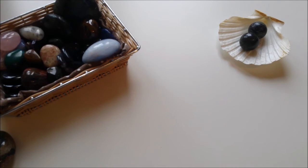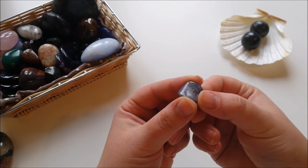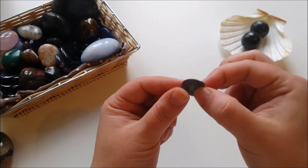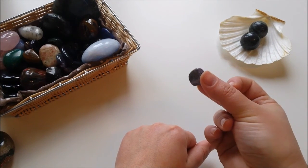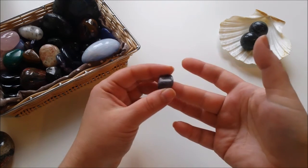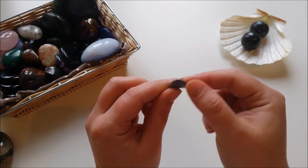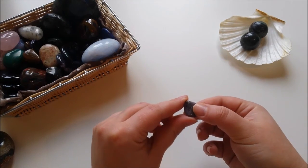And the last thing I got is this gorgeous piece of sugilite. I don't know the English version of the name. It's quite muted in color, but this one packs a punch. Honestly, I'm quite blown away. This is as large as my fingertip. Just so you get the relation, it's very small. It's absolutely small, but it is said that this is one of the most powerful stones out there, and it's a lot about